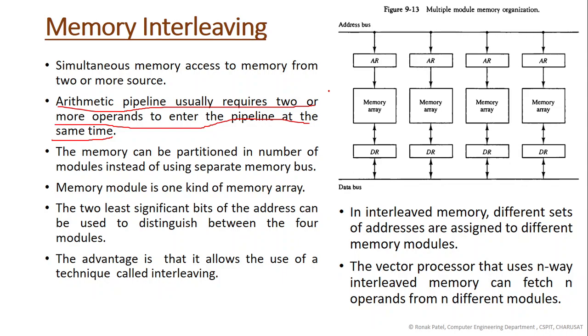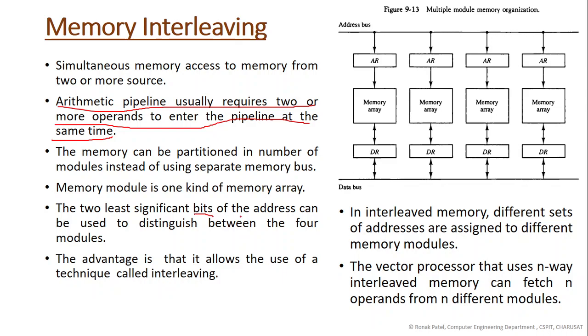rather than that, what I will do is partition my memory into modules. So likewise, in the memory array, I am partitioning my memory, and with each memory partition I have an address register and a data register, and there is a common address bus and data bus. So my address and data buses are not multiple, right? I'm using only one, but I have different memory units. So the memory can be partitioned into a number of modules instead of using separate memory buses. So a memory module is one kind of memory array, right? So that we can understand the